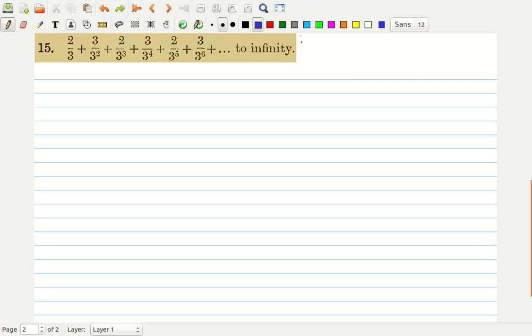The next terms are going to be 2/3⁷ + 3/3⁸ + 2/3⁹ + 3/3¹⁰ and so on, right. And we have to find this sum till infinity. So again what we will do is we will concentrate on wherever the numerator is 2, okay. So if you concentrate on those terms, what you see is you get